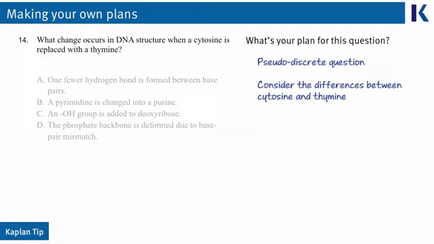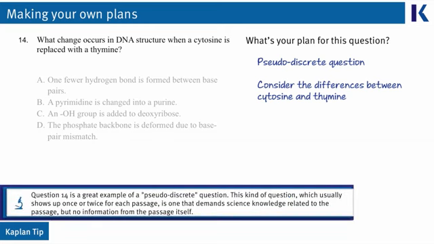This is a pseudo-discrete question, one that sits next to a passage and uses some content that is related to the passage, but does not actually require us to gather information from the passage to answer it. In this case, the most appropriate plan would be to consider the differences between cytosine and thymine, in particular differences in their structure, their base pairing, and classification, and then use process of elimination to narrow it down to the